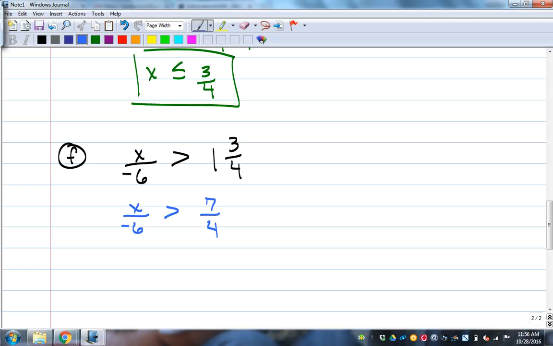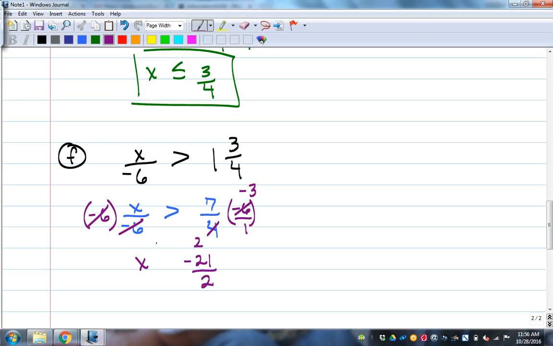So you multiply the big number times the denominator, add the top. And now what do I do to solve this? Multiply by -6. I'm going to make that -6 over 1. So that'd be 2, -3, it'd be -21